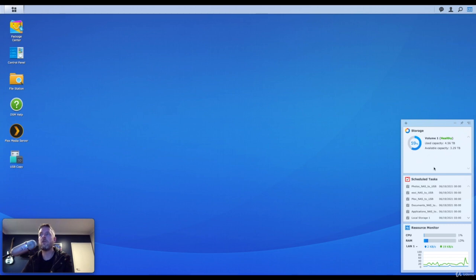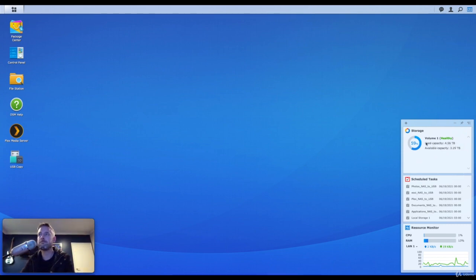You see that right now I've got 3 widgets listed right here on my desktop. One for storage, one for scheduled tasks, one for resource monitor. Now I can click on this little plus section up here and I can add a number of widgets. So of course the purpose of a widget is to give you a snapshot at an easy glance, some information about your Synology NAS. Whether that be health information, whether that be other advisory information, information that you probably need to know about, and it just saves you having to go and actually open up things on your Synology NAS to see some of